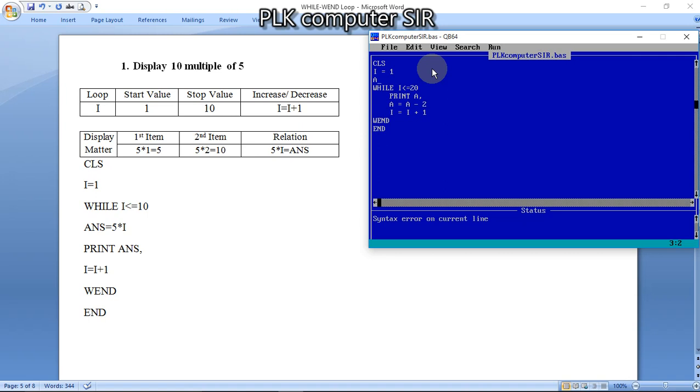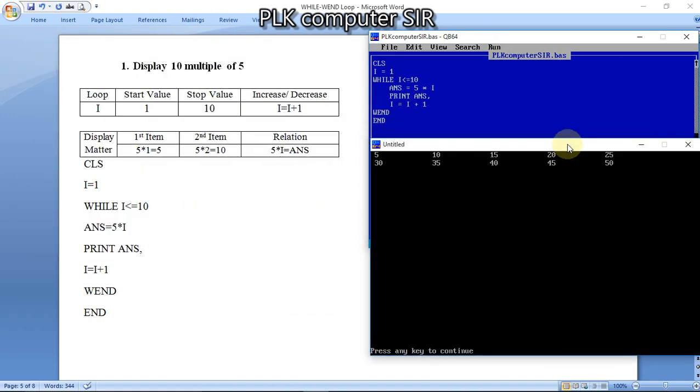This line we don't need. Up to 10 we have to go. So answer is 5 into I. We have to print the answer, and the value of I will be increased by 1. So now I am going to run the code.